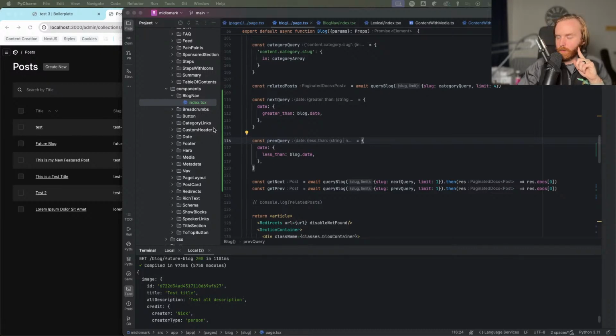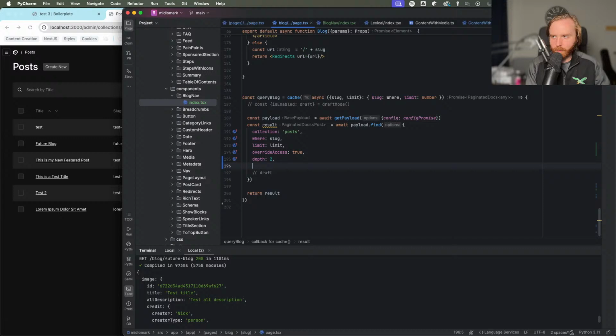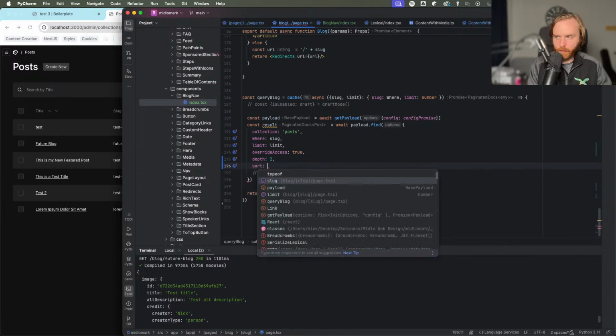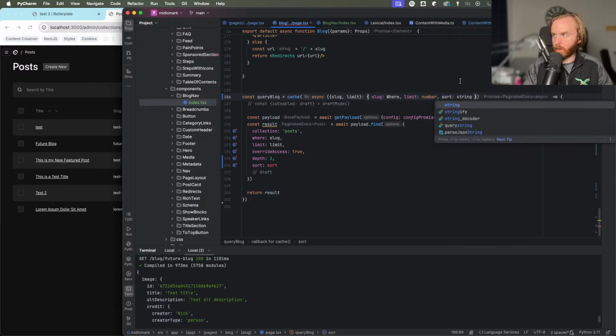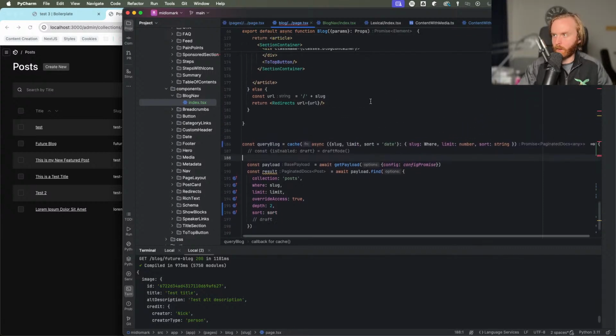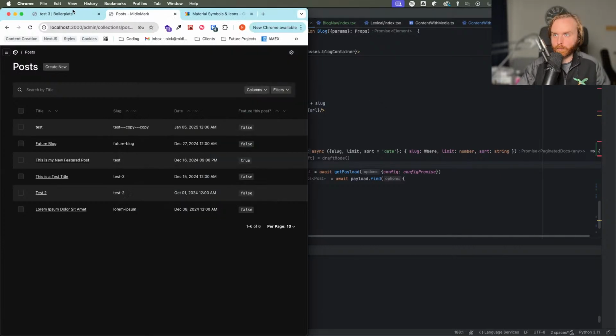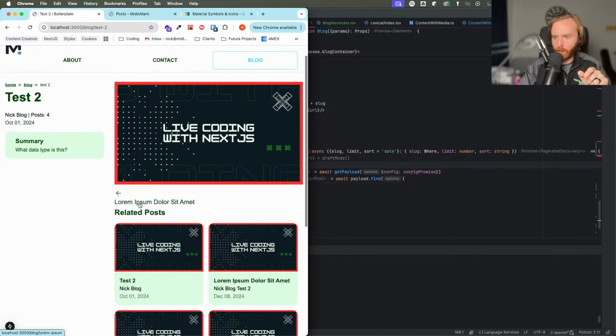All right, so let's try. So first of all, let's do a sort, and we're just going to do a sort string here. Add in sort string. I believe I can set a default to be date like that, which fixes that. So then if I do test 2,